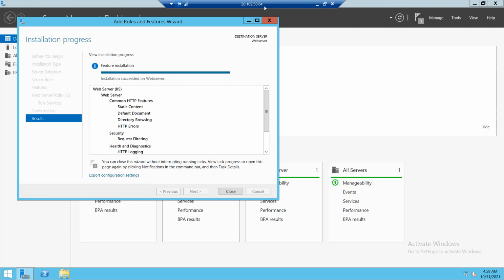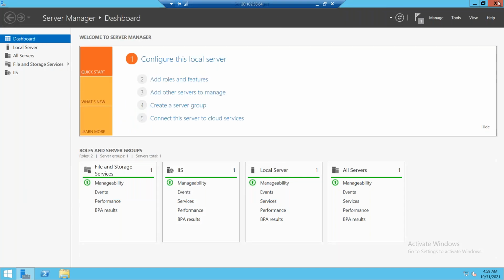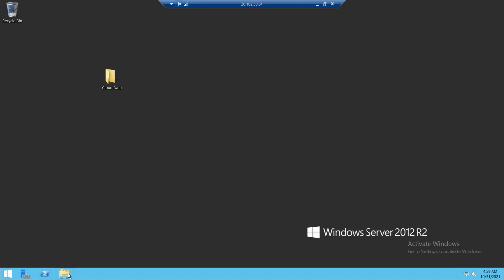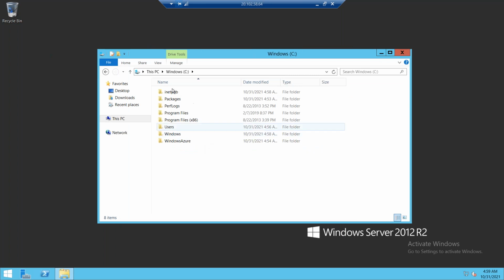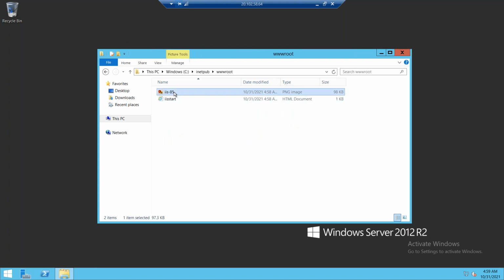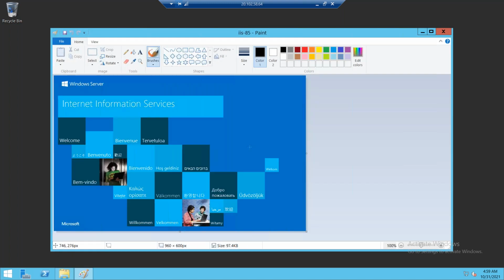So this is the IIS web server default page. After you install the IIS service, a directory is automatically created in the C drive, and this folder is called inetpub. Inside inetpub, wwwroot is available, and at this time you can access this page.